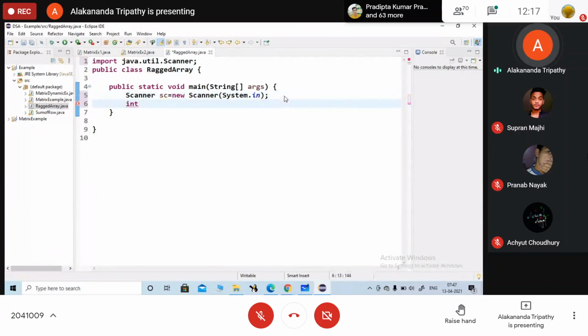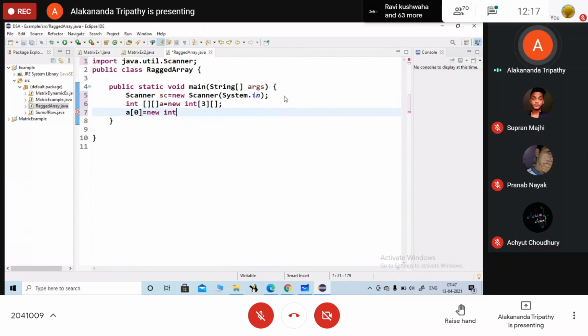Okay, here I am declaring one array or matrix equals to new int, let here 3. Okay, take here a0 is equals to new int 3, then a1 equals to new int.